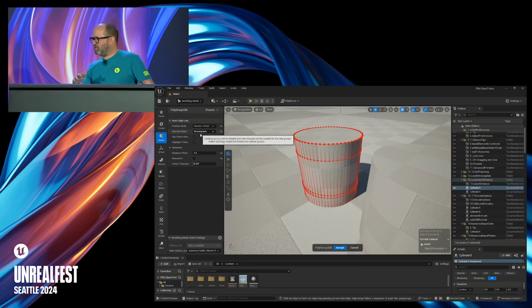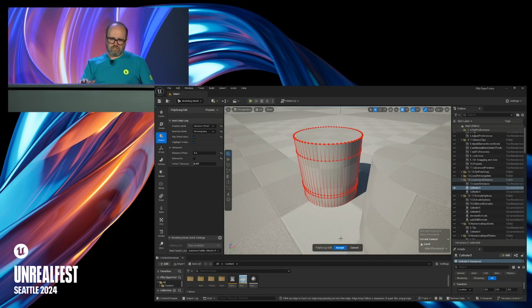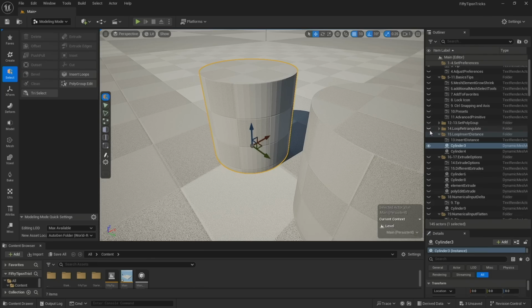And sometimes I'll use this for building architectural elements where you're like, I need a wall or a door with an inset of a specific value. Being able to just say, I built up my wall of 512 centimeters or whatever it is, and then use the distance offset to go in and make sure those things are set up in the correct way. It's pretty helpful for doing those types of things. And so I use that quite a bit when I'm trying to make elements and keep that cleanliness and organization from the get-go, so that I don't have to spend nearly as much time later trying to snap things to other places, which is going to be helpful. That being said,